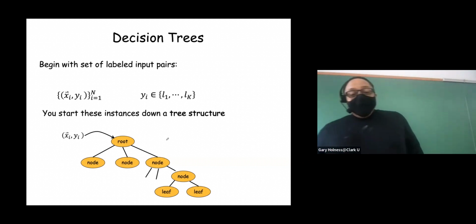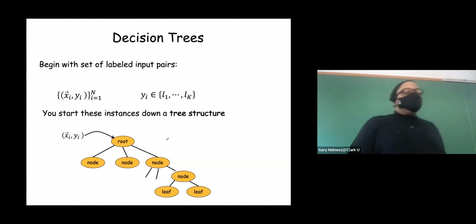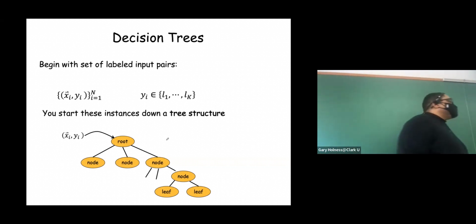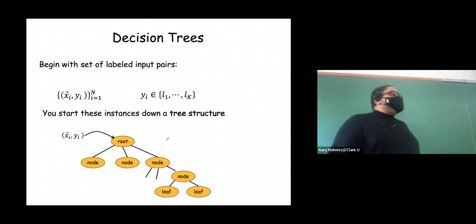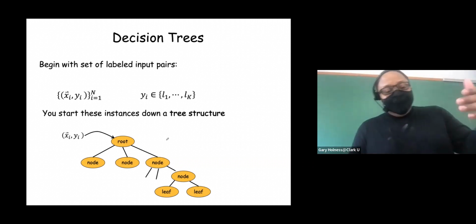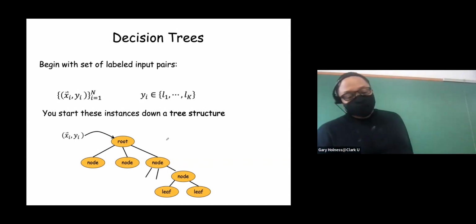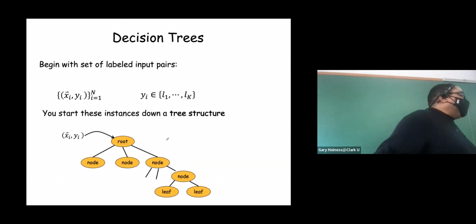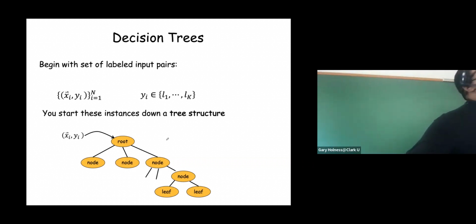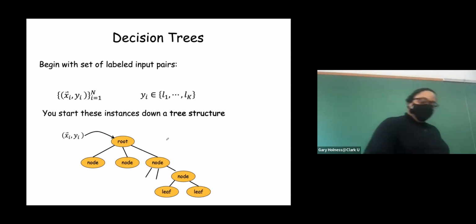But that being the case, you take your instance when you're going to use your decision tree, your new data, and you start it down each one of these nodes. Now, each node consists of a statistical test. If it fails the test, you go down one branch, and if it passes the test, you go down the other branch.